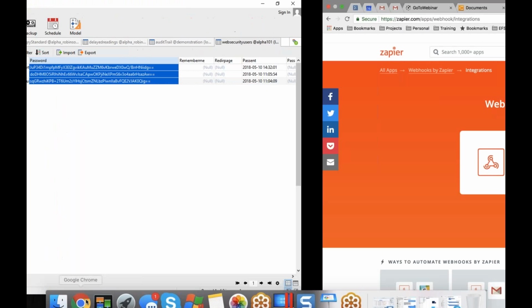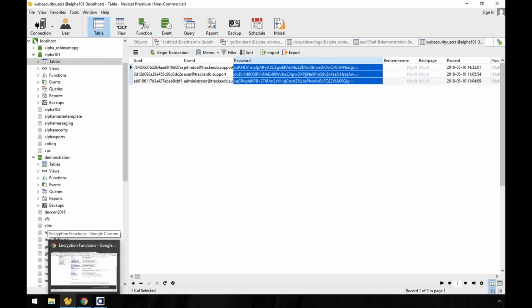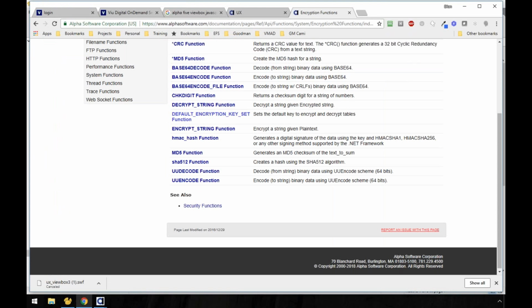You can't just simply use our built-in decrypt string function, because we use a different method for encryption of that. But you can use encrypt string and decrypt string with the same key to encrypt something, put it in the database, and then when it comes back, that key would be built into your application, and no one else would have it, so you'd have that level of protection.